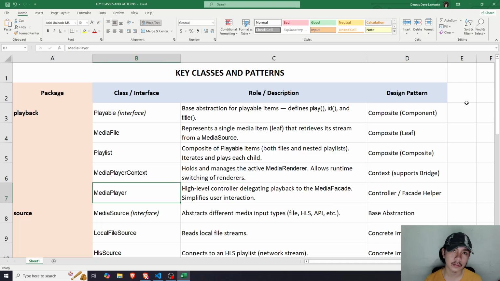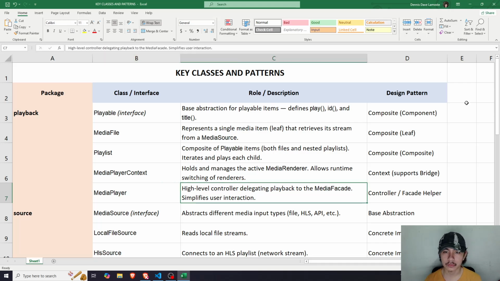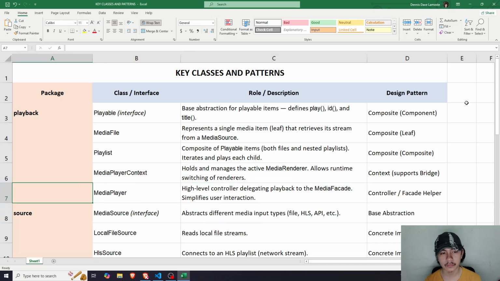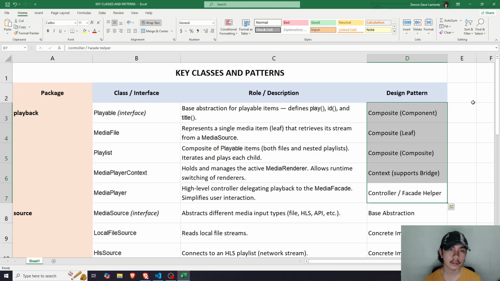The media player class is the high-level controller, and it delegates playback to the media facade. That's it for the playback package, whose classes involve the composite, bridge, and facade design patterns.